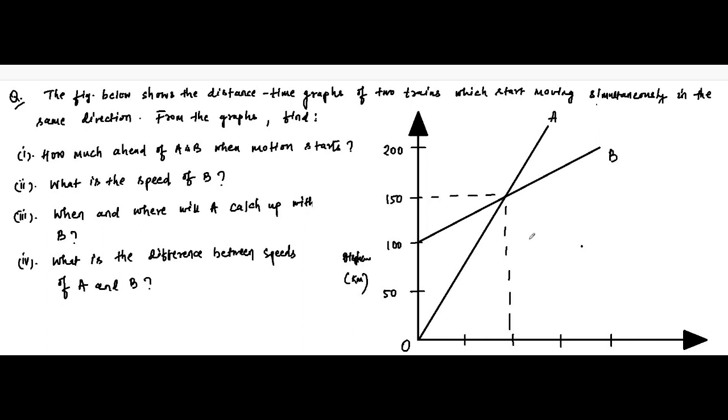What is the speed of train B? When and where will A catch up with train B? And then, what is the difference between speeds of A and B? So first here,